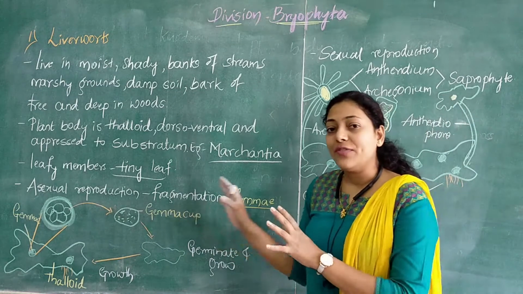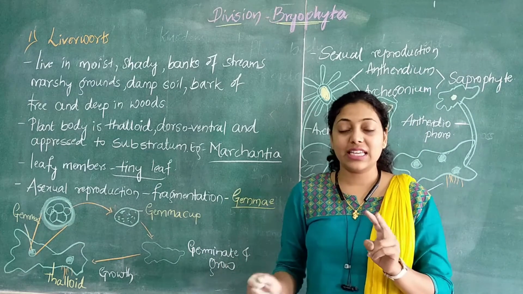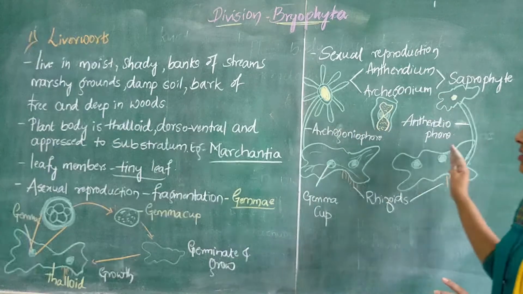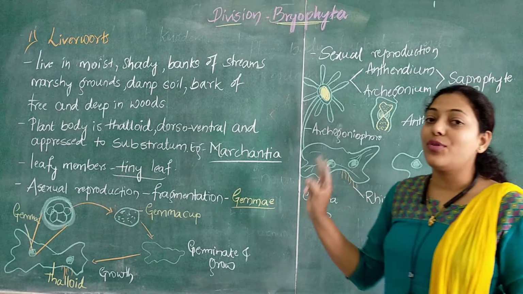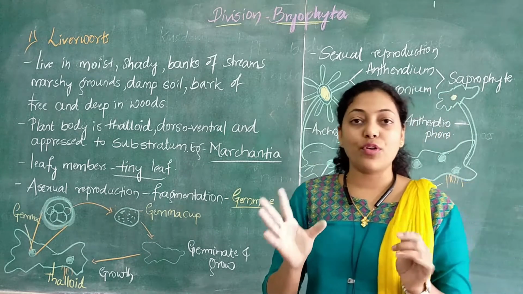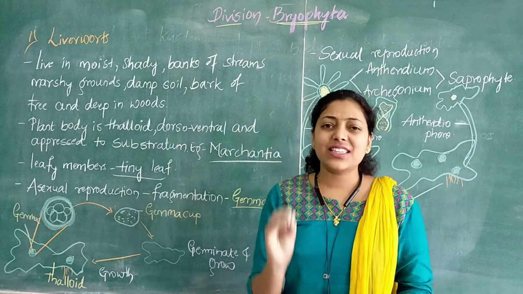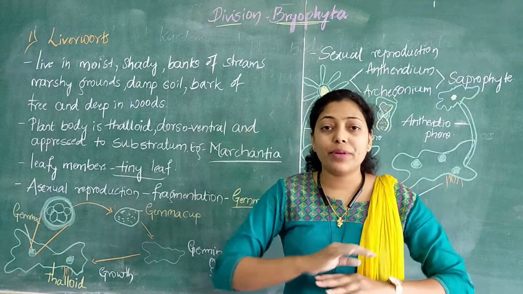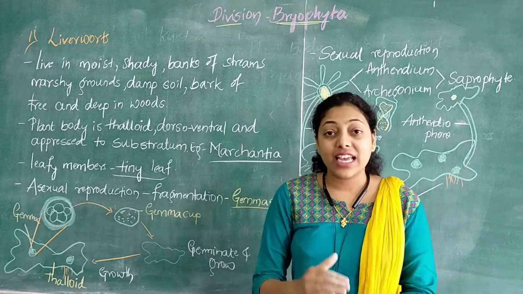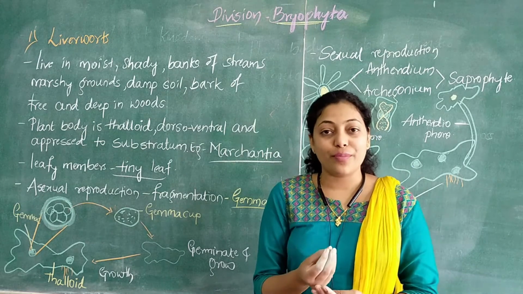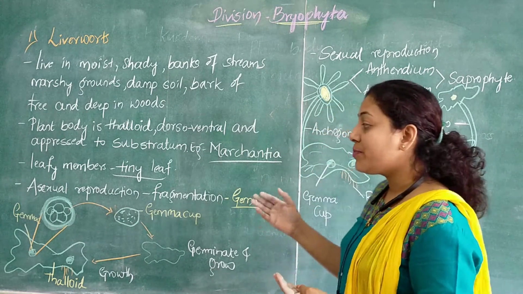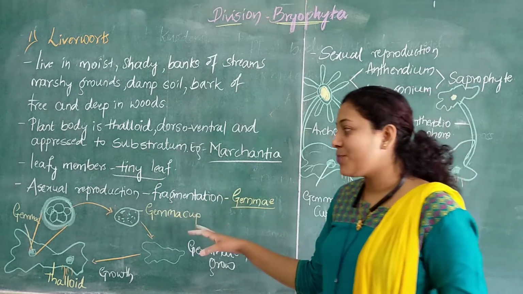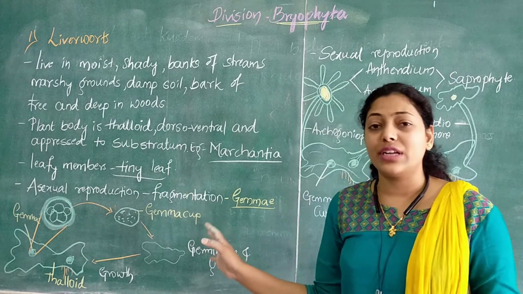Then when we come to reproduction, there are two modes of reproduction. One is the asexual mode and the other is the sexual mode. In both modes we see spore formation, because it is the basic thing of cryptogamy that whichever plant comes under cryptogamy reproduces with the help of spores, right? Here the spore formation is hidden, not at all seen, and the spores are very microscopic or tiny.